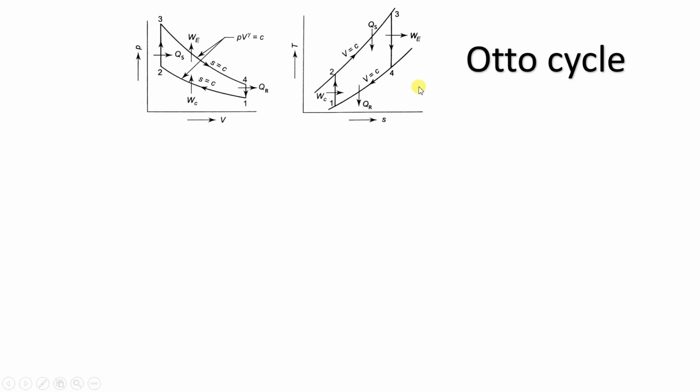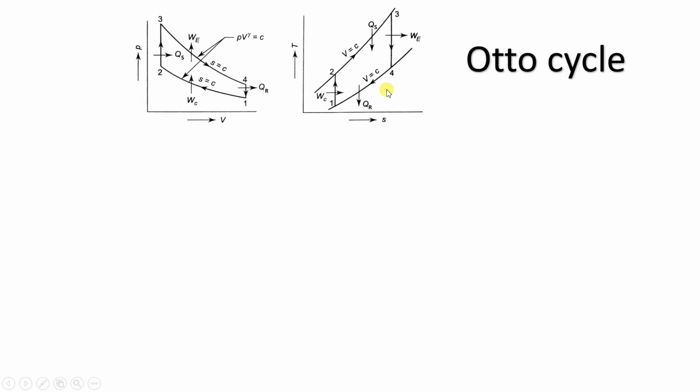To begin with, we will quickly revise Otto cycle, diesel cycle and dual cycle. In case of Otto cycle, what are the assumptions which we had seen? The assumption was air is the working fluid, and heat supplied and heat rejected are through external reservoirs and there is no chemical reaction when we are supplying the heat to the cycle. Then all the processes in this cycle are reversible. Air we are considering as ideal gas, and Cp and Cv values for air are constant, not varying with temperature. So these are the assumptions which we had defined at the earlier stage.